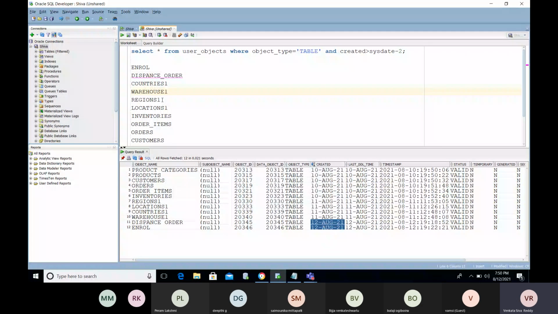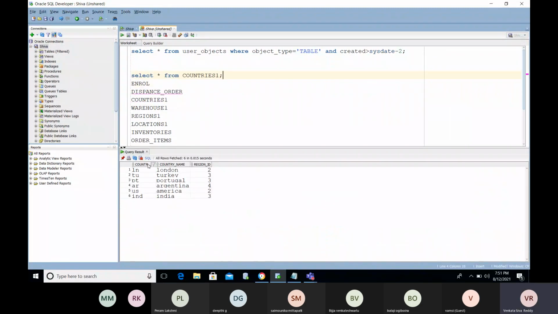Now, what data do we have and in which tables? We will see. In the countries table, what countries do we have?